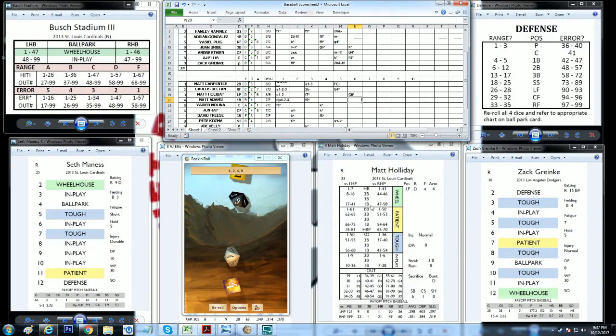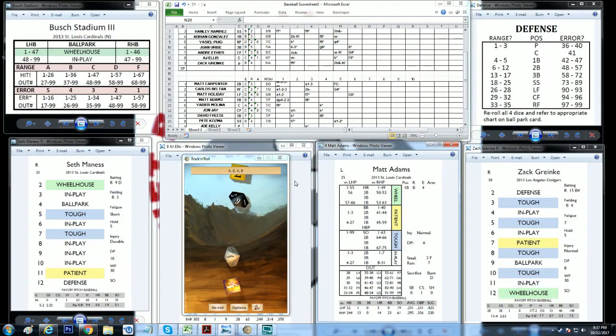1 out. Brings up Matt Adams, who hit into the all-popular 4-2-3 double play. The Cardinals started this game off, since some of you have just joined us, in the bottom of the 1st inning. Matt Carpenter walked. Carlos Beltran singled to put runners on 1st and 2nd. Matt Holliday finished up with a single, put runners on every base, and then Matt Adams decided to ground into